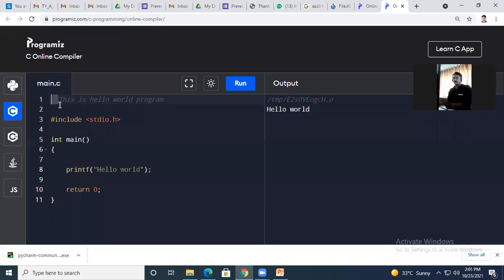What is the use of a comment? To give extra details about any procedure you have written. Let's say I will write a comment here: printf function is used to display.